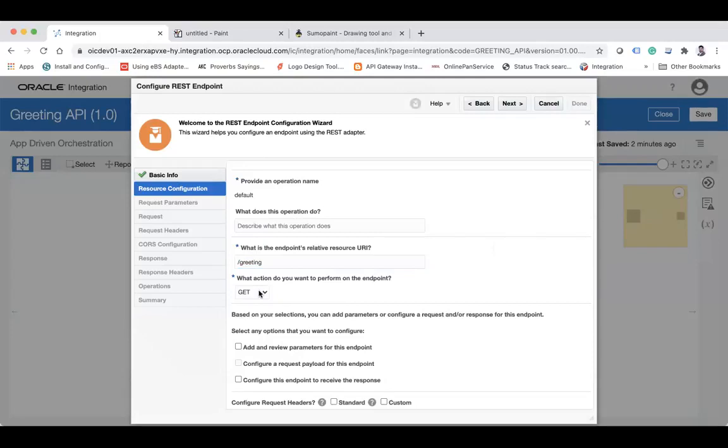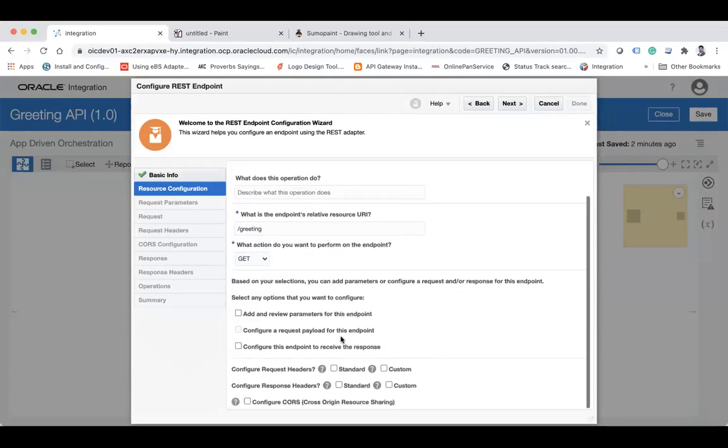Right? And here you see what action do you want to perform. You can choose any verb: get, put, post, delete, patch. I have described the meaning of when you want to use get, when you want to use put. I will use get because I want to fetch the data here. Here we have different options, and based on your selections, you can add parameters or configure a request and or